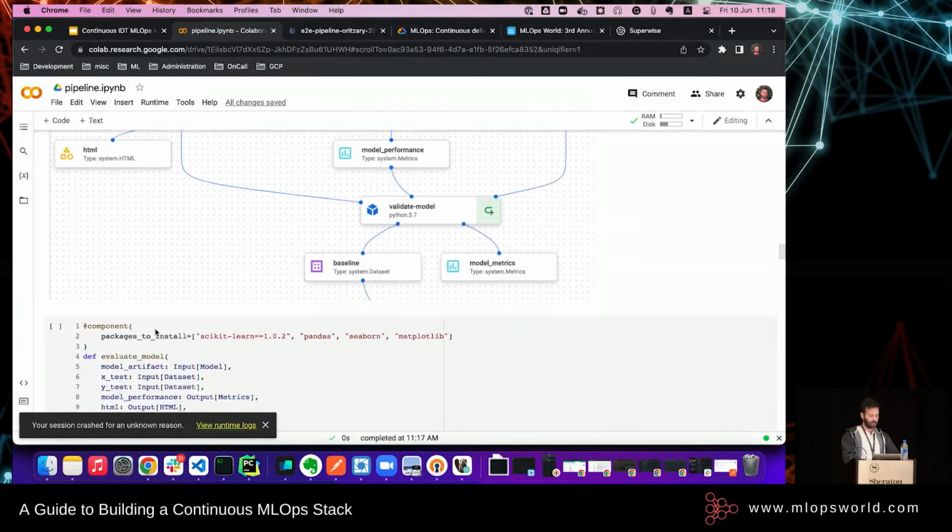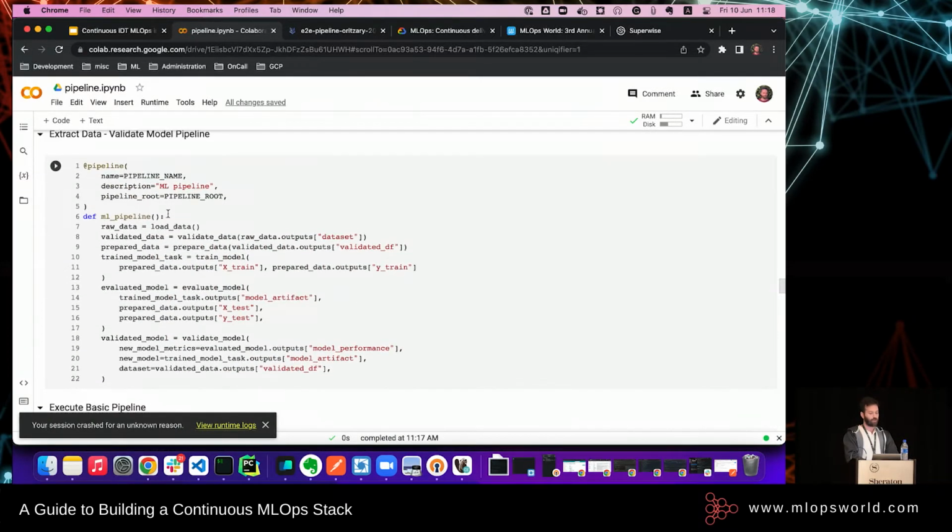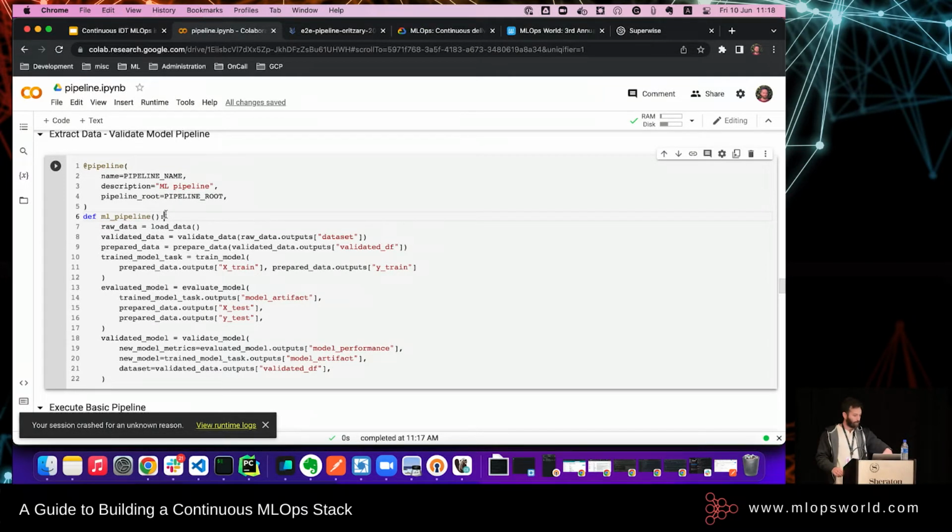So you can stay on this one. I'm just scrolling a bit down to show you. Great. So I'll talk about this one, and then we'll go back to the load data one. I'm sorry for the confusion. So this is how we define the pipeline. Basically, it's a graph with edges and vertices, and each one of the functions that we're going to write, being decorated with the component, is a vertex, and then we need to connect them with edges, right?